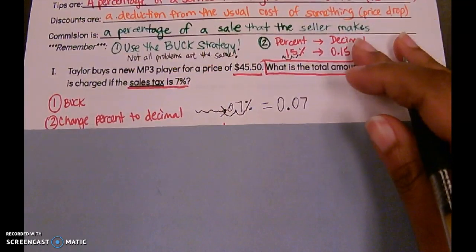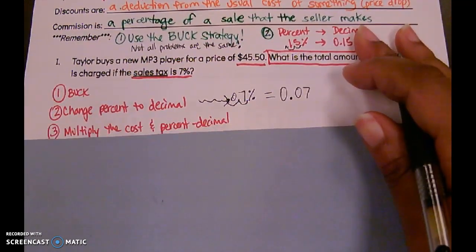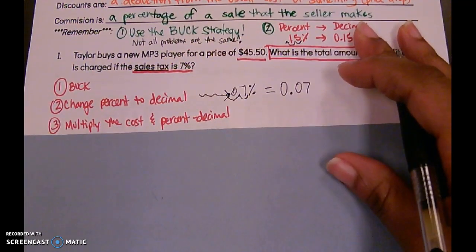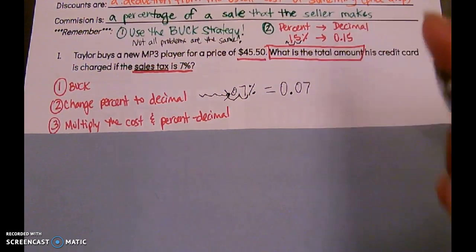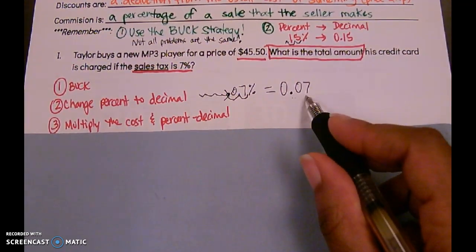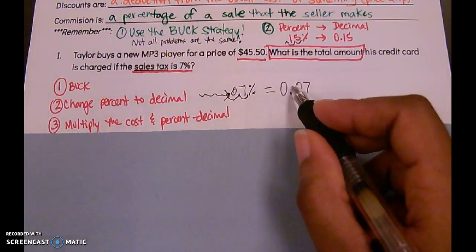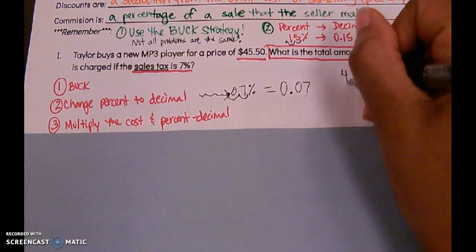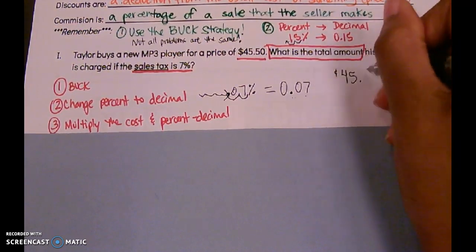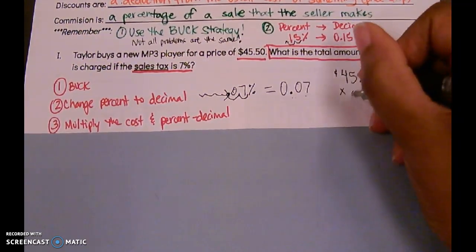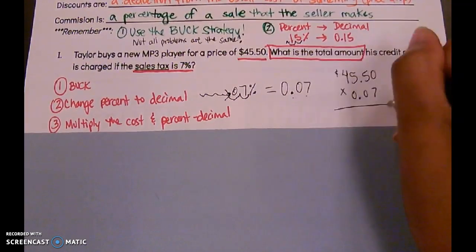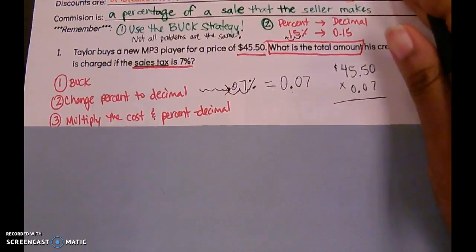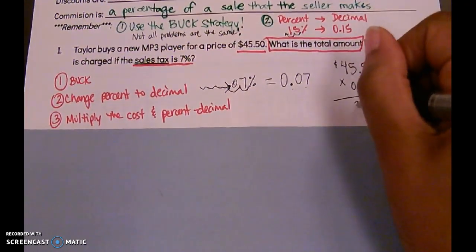Now that I've changed that to a decimal, the next thing I'm going to do is multiply the cost of the MP3 player by this new decimal that I've converted a percent to. So I'm going to come over here. I'm going to set it up. 45.50 times 0.07 equals, and when I put that in my calculator, I get